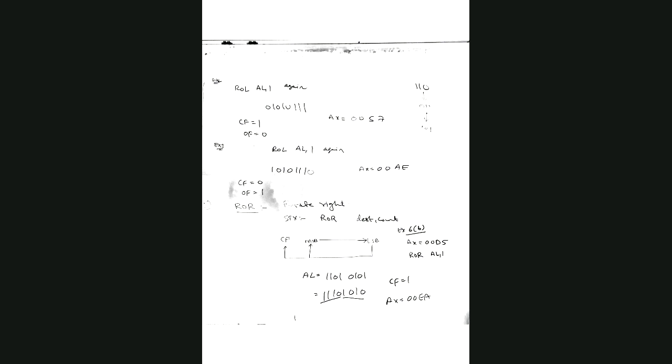So A means 1, 0, 1, 0. B means 11, and 11 means 1, 0, 1, 1. Correct? 1, 0, 1, 1. This is AB. Now for this AB,